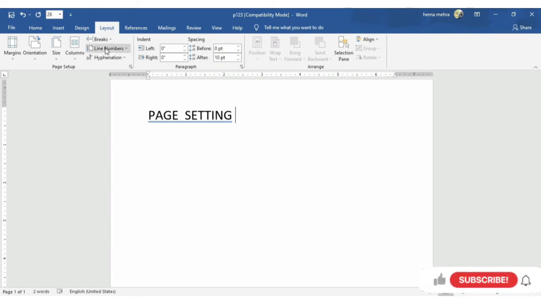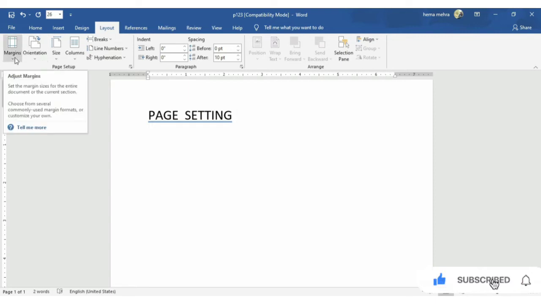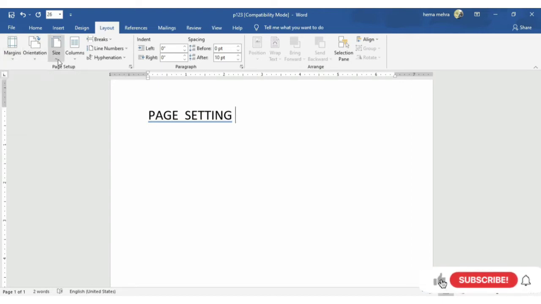Here you will find the page setup option, the same option where we were doing margin change. Here you will find another option of size. The third option is size.